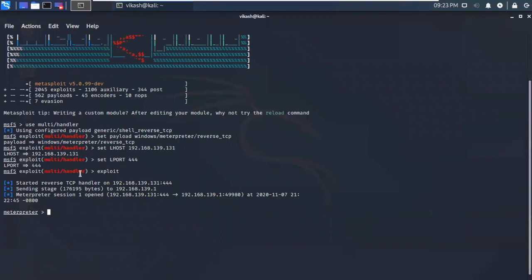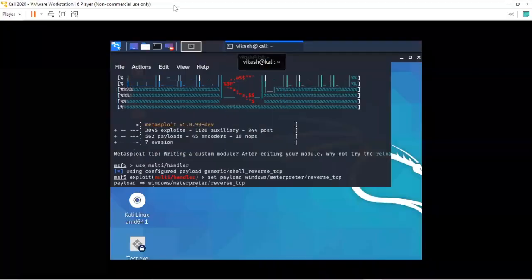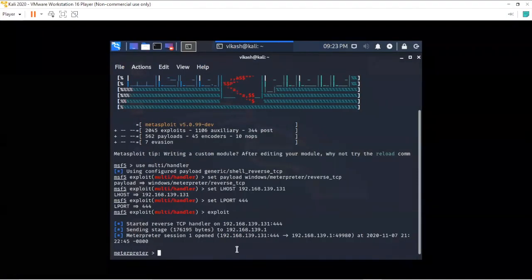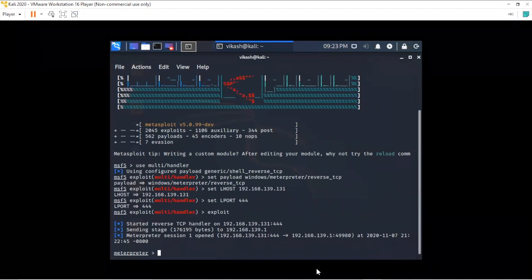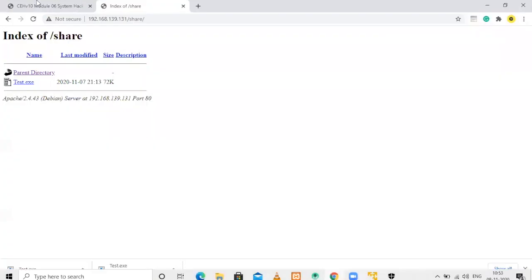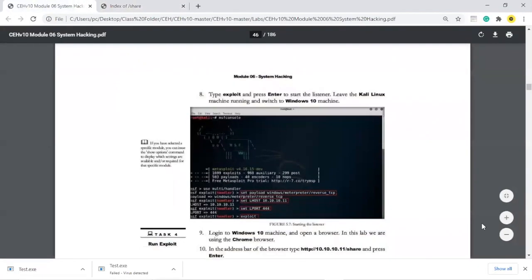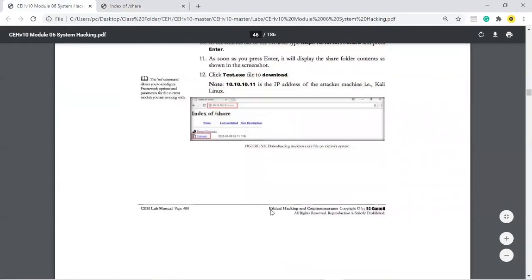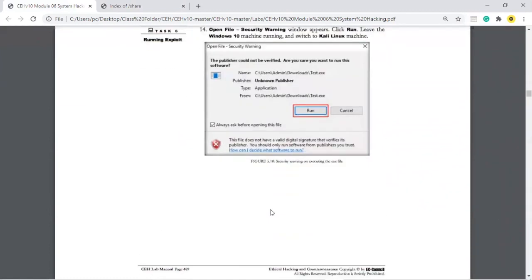We can even take screenshots. We can even view and control the system remotely. We can see the tasks going on in the current Windows operating system. Let us go back to our module. After having the connection,